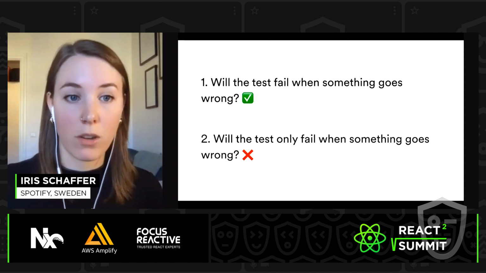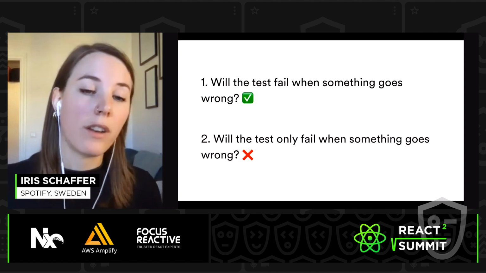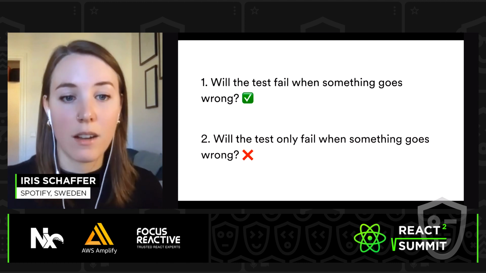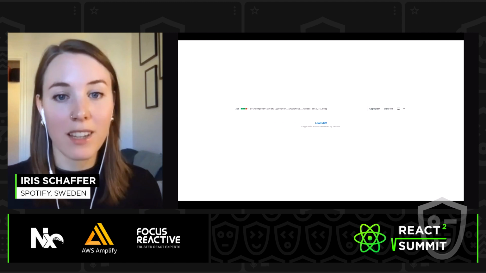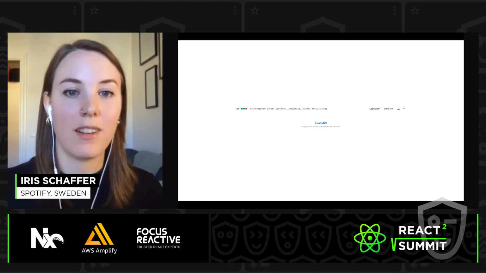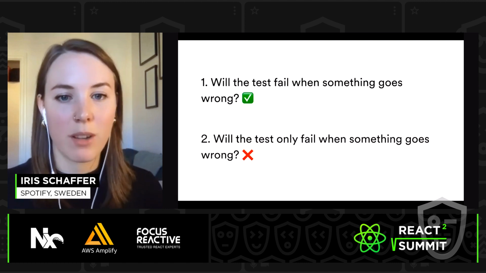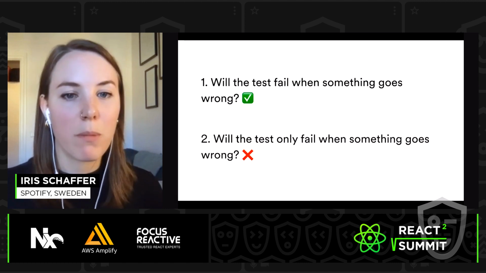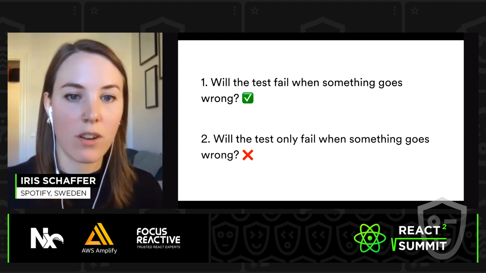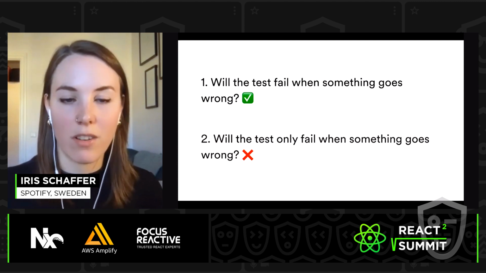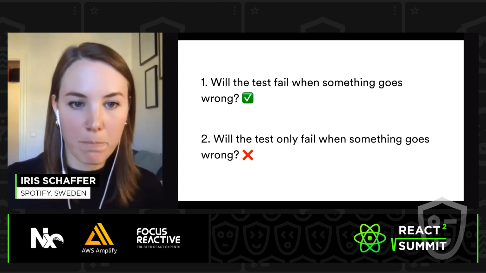Will they fail when something goes wrong? Absolutely. But will they only fail then? No, they fail on absolutely any change. And because they fail so often, and because the changes are so big that not even GitHub wants to display the diff anymore by default, they become a bit error prone, people start ignoring them rather than really relying on them. And the only thing worse than not having tests is tests that you can't rely on, but that still give you a false sense of security.